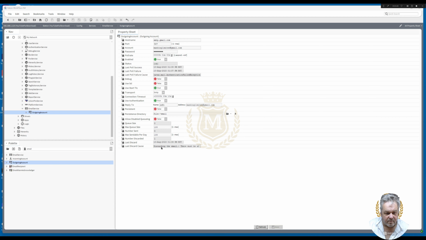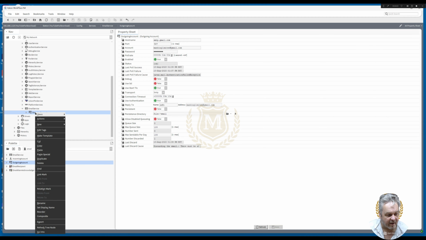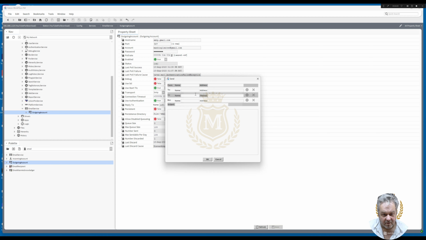Okay, this time it's failed still. It's gone in the number discarded, and the email is saying there must be at least one email to CC or BCC fields. So I thought I put an email in there, but let's do that again. So views, actions, send. I probably didn't put anything in there, so let's just go from Paul,